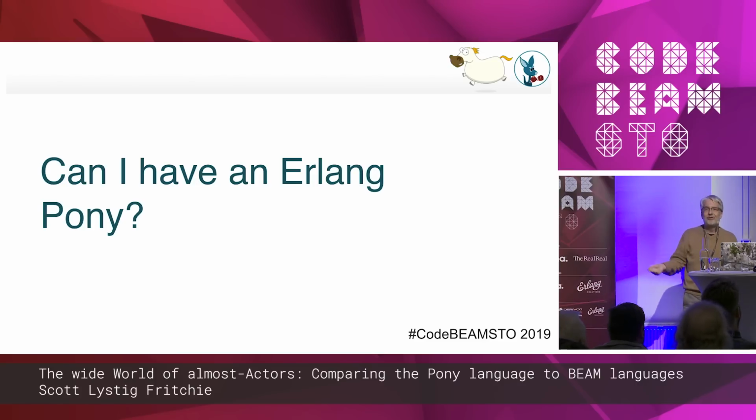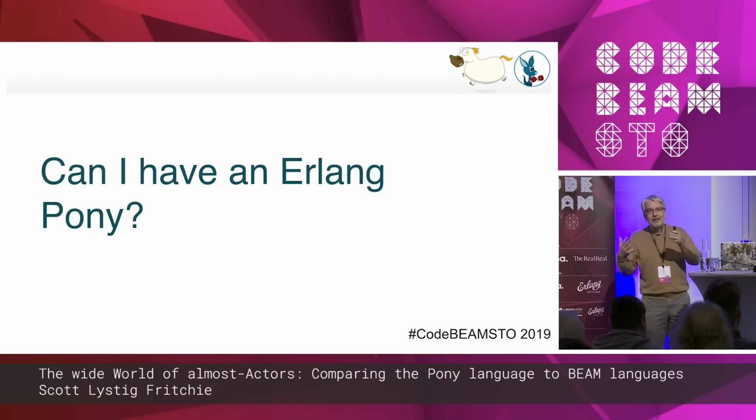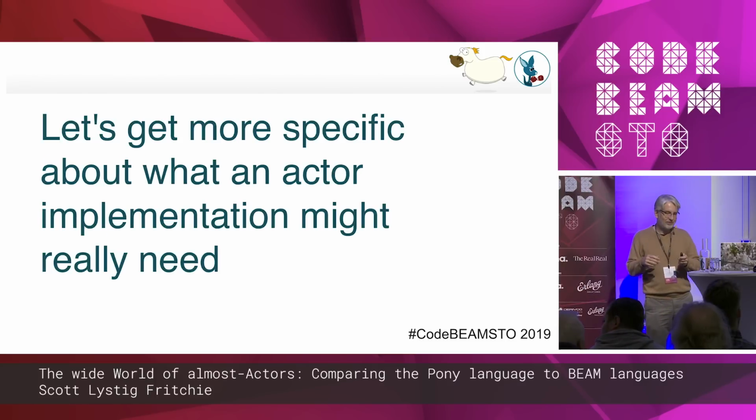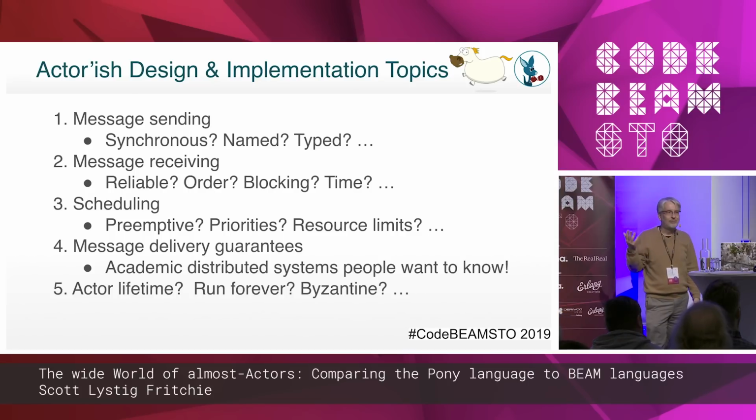But if we were to have such a thing, maybe let's look at some details of what would really be needed, what things are similar versus different between the two systems, and see how feasible such a thing might be. So we're going to be looking at 20, 25 different things, but they're in various groupings of properties of message sending, or of message receiving, or of actor or process scheduling. Message delivery guarantees for the academics who are doing implementing